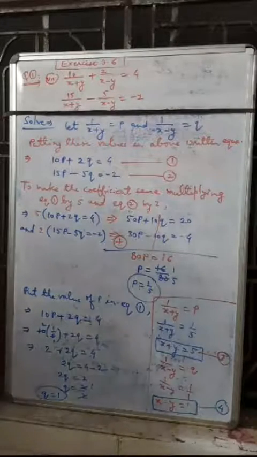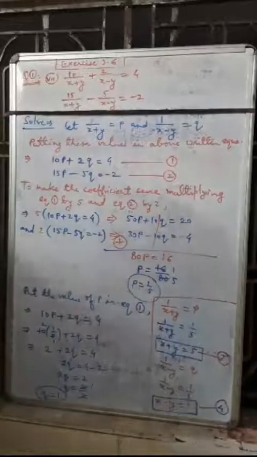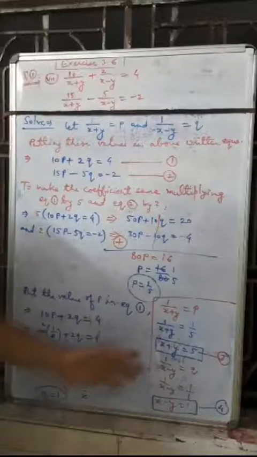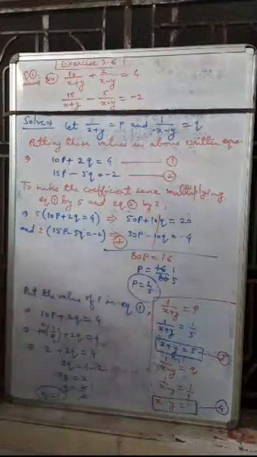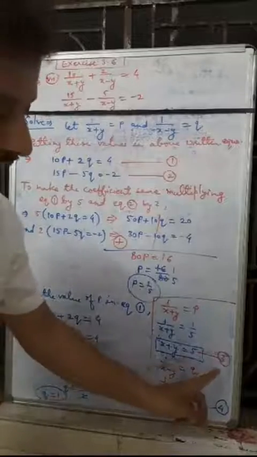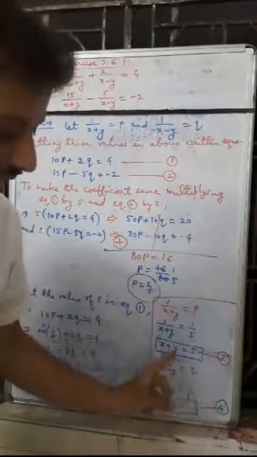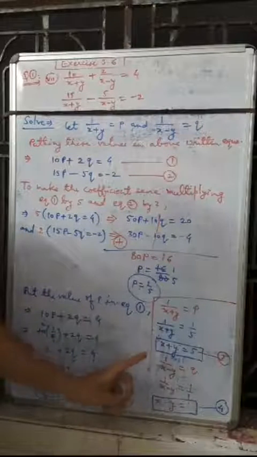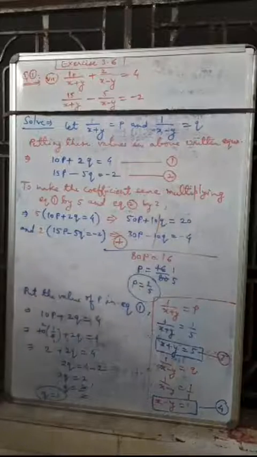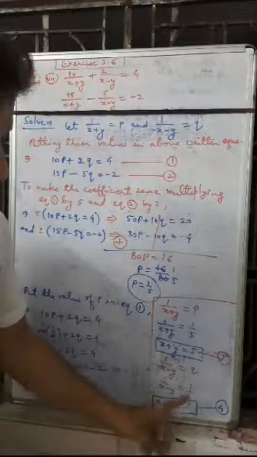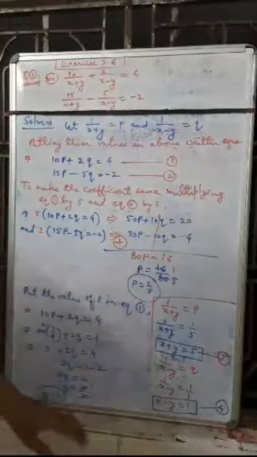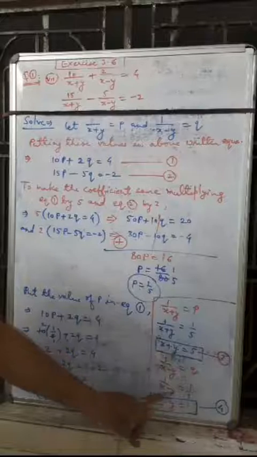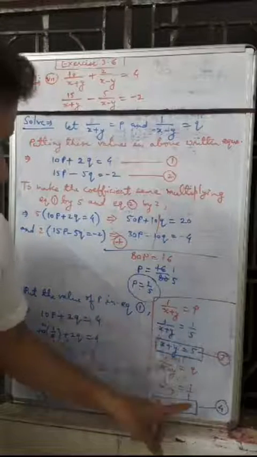Till this moment we haven't got the values of x and y. We have got two equations again, x plus y and x minus y. So we have to find the solution of this pair of linear equations by using the elimination method, where you can subtract or add both equations. You will get x plus y is equal to 5 and x minus y is equal to 1. So add both equations. 2x will be added, and minus y plus y can be cut off. 5 plus 1 is equal to 6.